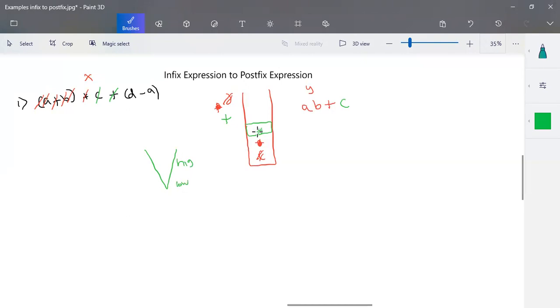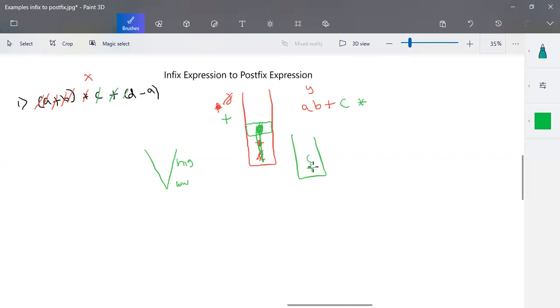Now here, star has the highest precedence and plus has the lower precedence. So we cannot place it on the top of star. So what we have to do, we have to pop out the star, add it to the postfix expression. Okay, so now stack is empty, and we have to again check with the policy from first. Now we compare plus, and the stack is empty, so directly we can push this plus into the stack. Okay, so the next element to be scanned is open parenthesis.